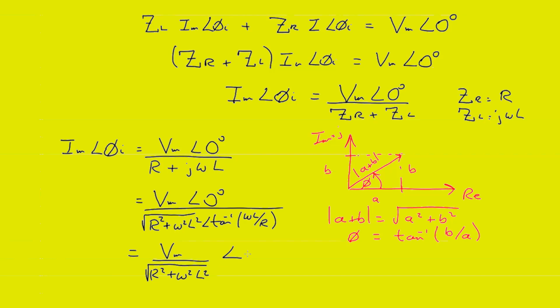And remember, when I divide by angles, if these are in polar form, they'll be exponentials, so I simply subtract the exponentials or the angles, and I get minus tan to the minus